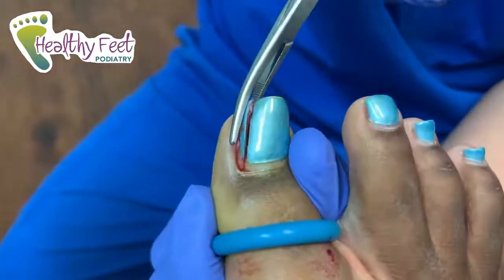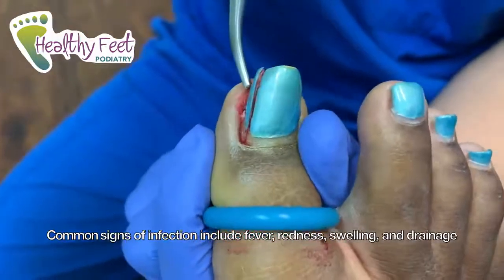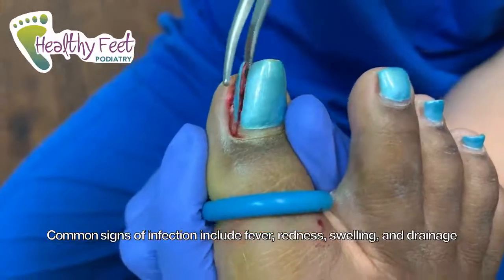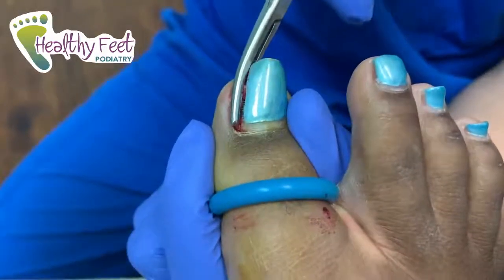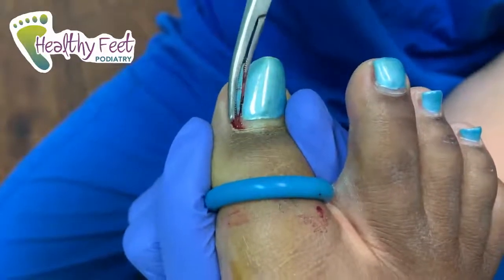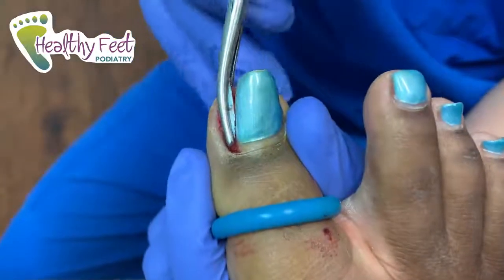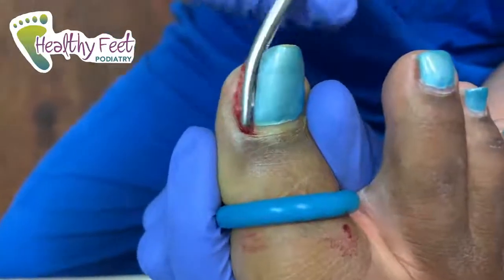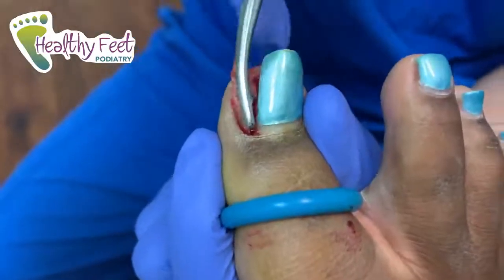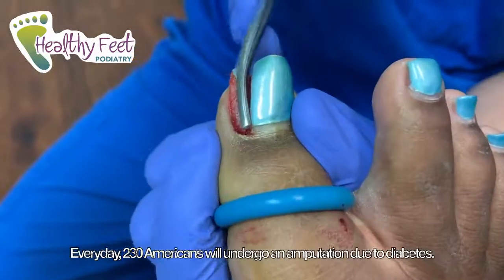You also want to be careful if you're diabetic. She is diabetic, so she did the right thing by coming in. As soon as you see something red, swollen on your foot, something that doesn't look right, you don't wait. A lot of my patients who are diabetic, the ones that get in trouble and get their toes amputated, they're the ones that wait like 2 weeks. You're like, I'm going to wait and see if this gets any better in 2 weeks. But by the time they get to me, I'm like, you should have been here 2 weeks ago. And next thing you know, I'm cutting off their toe